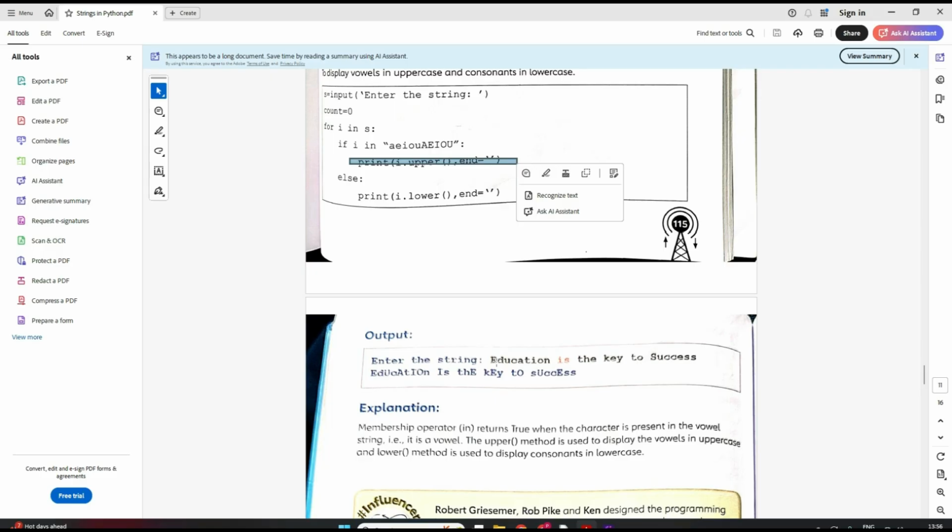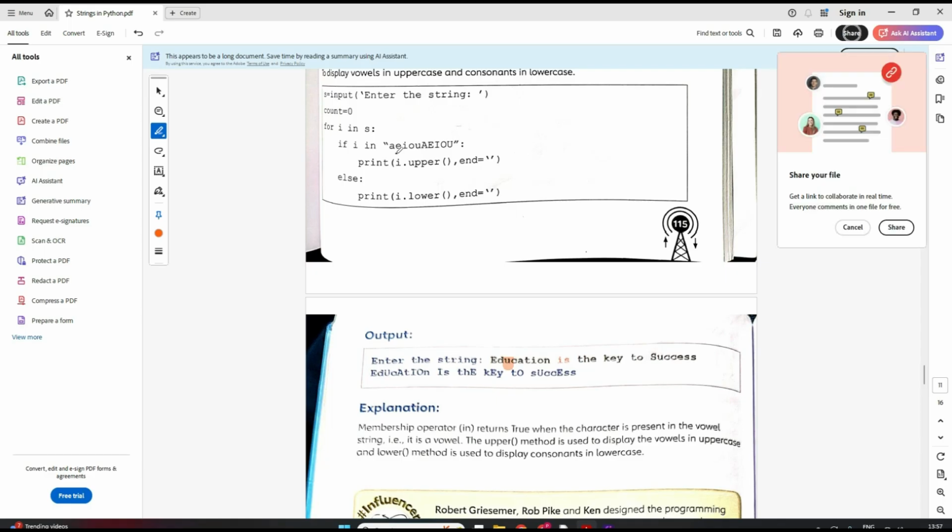E was already upper, so it will be printed as E. Now the second will be D. D will not satisfy this, so it will come to else and print D in lowercase. Then your U is here. Now U will satisfy this condition, clear? So here your print will be in uppercase. They will print this U in uppercase, see?